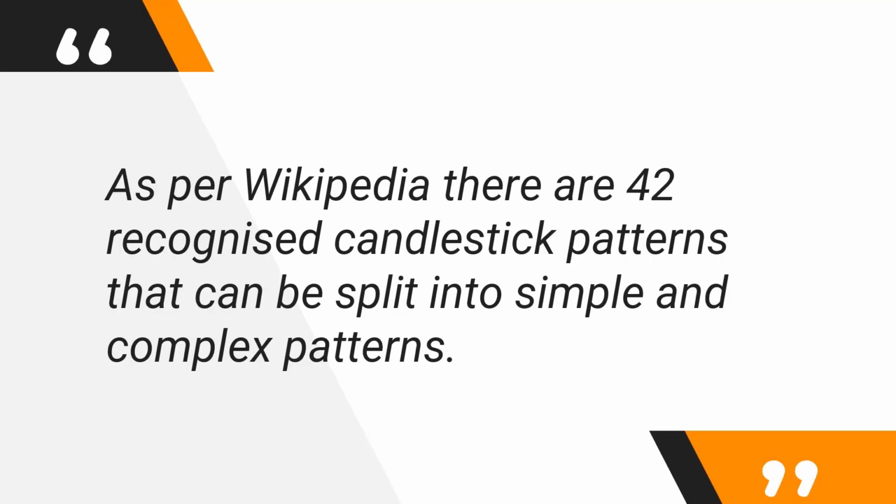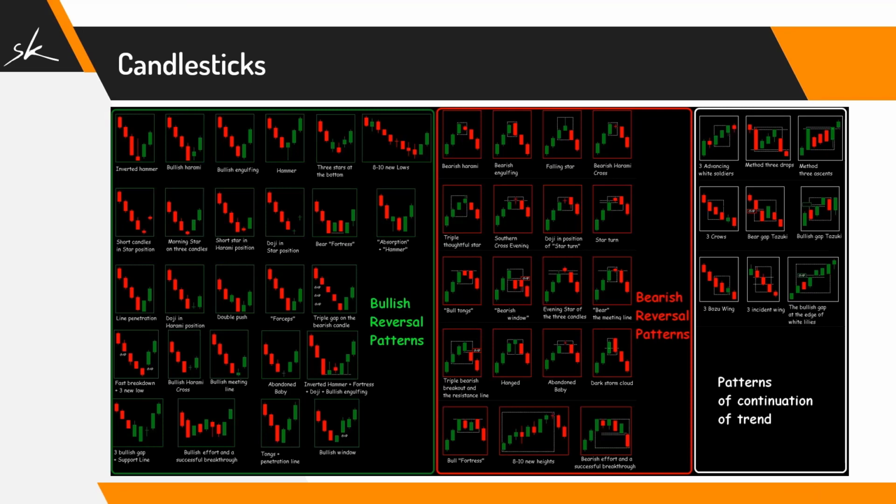As per Wikipedia, there are 42 recognized candlestick patterns that can be split into simple or complex patterns. If you do a Google search, you will see hundreds of candlestick patterns. Do not worry, you don't have to learn all these patterns. We will learn a simple logic which will help you understand whether a candle is bullish or bearish, which means by the end of this lesson, you will be able to identify any of these hundreds of patterns as bullish